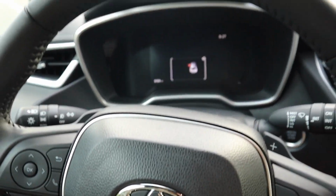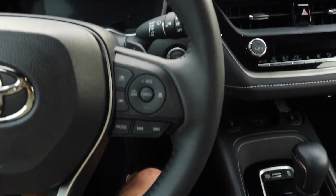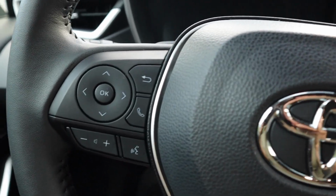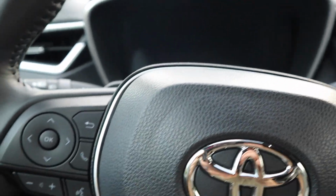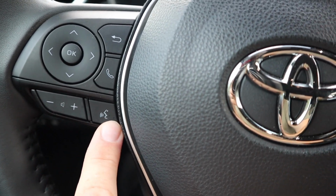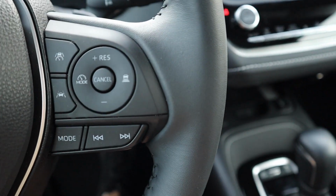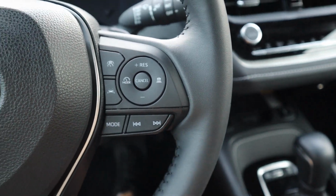And then taking a look at this steering wheel now, it has a really nice design. Finished in solid leather with all the black stitching. On this left side, all these controls are for the gauge cluster. There's also volume, voice commands, and Bluetooth. On the right side, this is all of the cruise and adaptive cruise control settings, mode and tuning for the